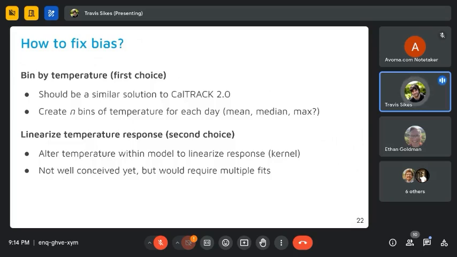Degree days would require that we have piecewise linear functions, which are a real pain to fit. I can tell you that from lots of experience with the daily model. I'd like to avoid it if at all possible, particularly with an hourly model where you also have to take into consideration the time of day. We're basically getting back to Caltrack 2.0 at that point. Well, Caltrack 2.0 hourly doesn't even have degree days, it has temperature bins.